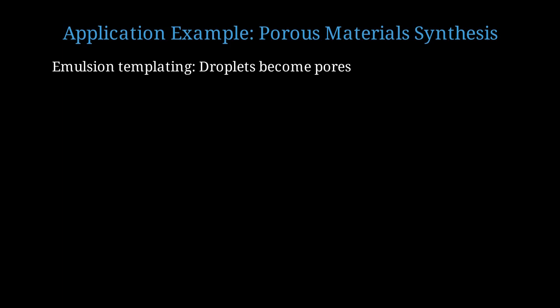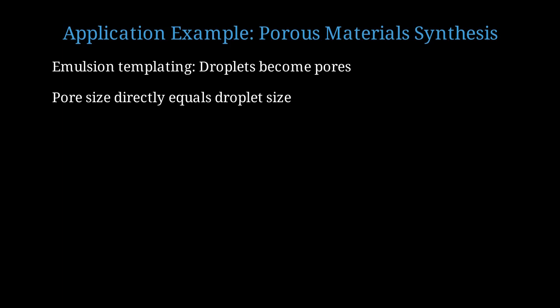Finally, let's explore a material synthesis application, creating porous polymers for catalysis. In emulsion templating, we create an emulsion where the droplets act as templates. We polymerize the continuous phase, then remove the droplets, leaving behind pores. The pore size in the final material directly equals the original droplet size. If we want controlled pore size for selective catalysis, we